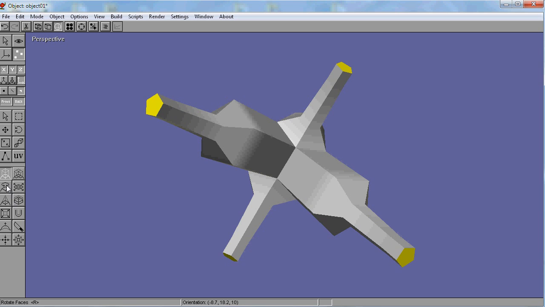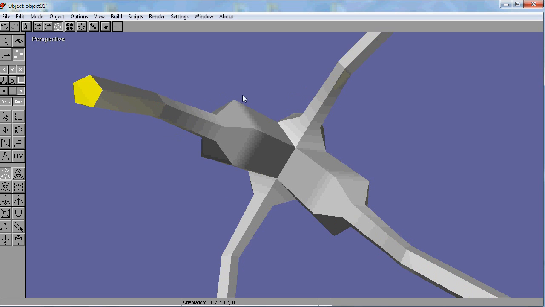I think there's one here, and that will be Shift R for rotate. That's easier to remember. Let's turn it around a little bit, like so, and then do another Shift X for another extrusion. Let's make sure it goes the right direction, and then Shift R again, and then Shift X one more, and then you know what, we need to make it smaller. So what was that? Shift K to change the size, and then Shift R for rotate, and Shift X for